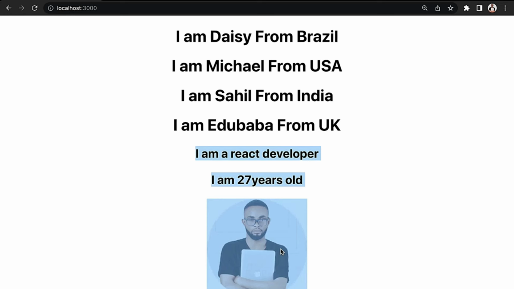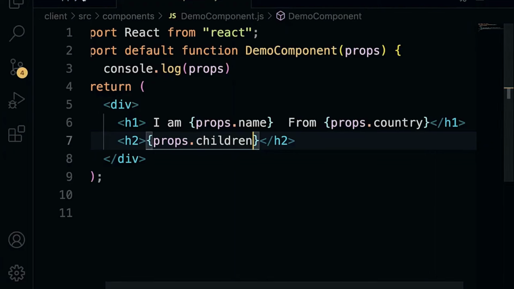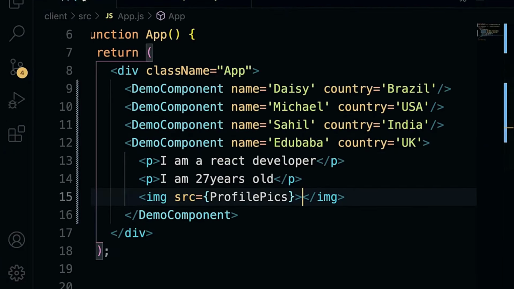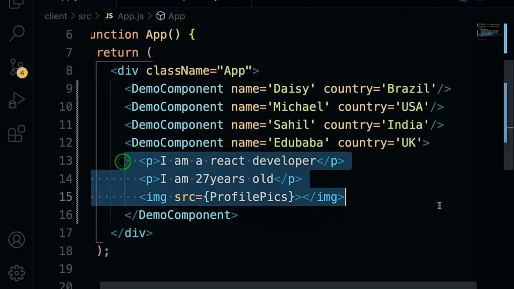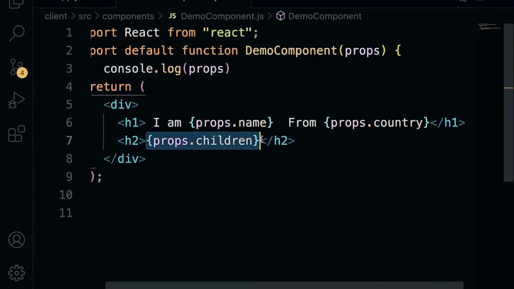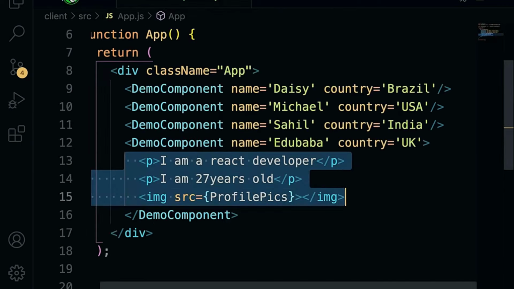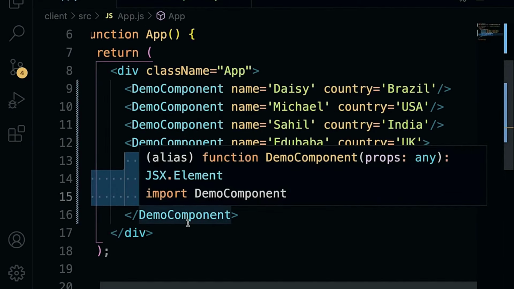This is extremely awesome. To recap, open up the app.js and then whatever you have here in between the opening and closing tag is referred to as the children props. And to retrieve the children props, all you have to do is props.children. It's as simple as that. Come back to the app component. And now the question is,